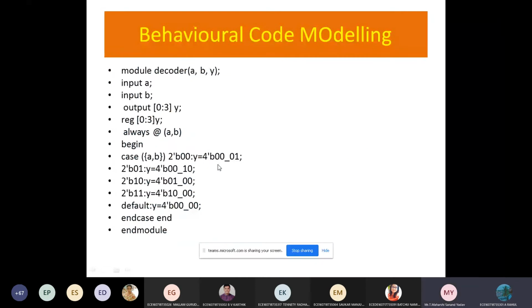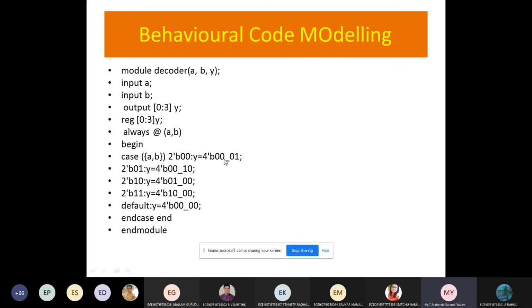So 0, what 0. What is the use of underscore here in your case statement? We are dividing. Okay. We are dividing into two. No, nothing will happen. You can remove that one.